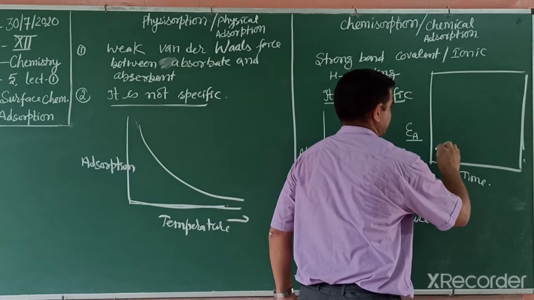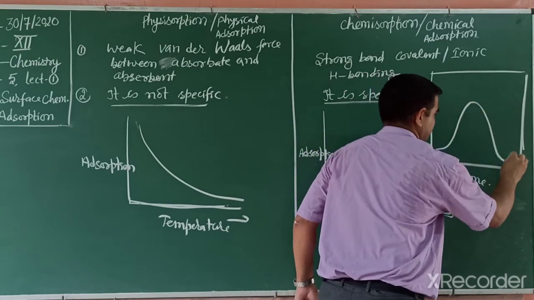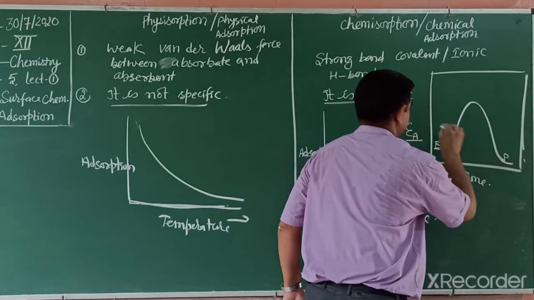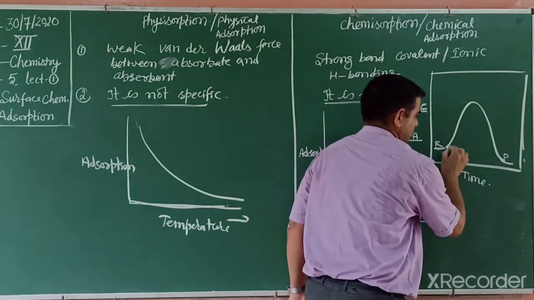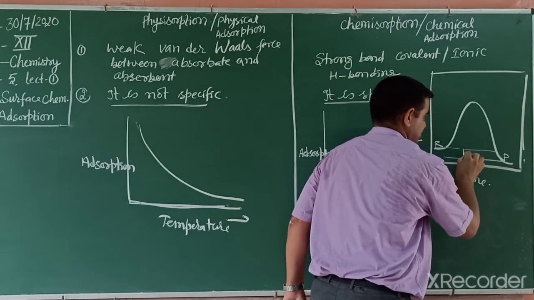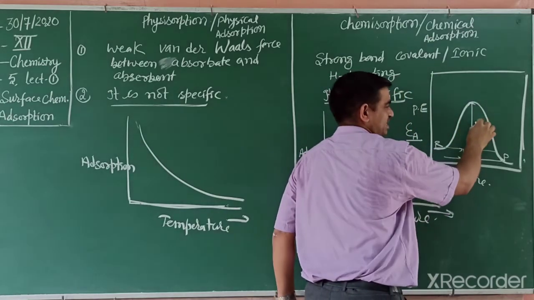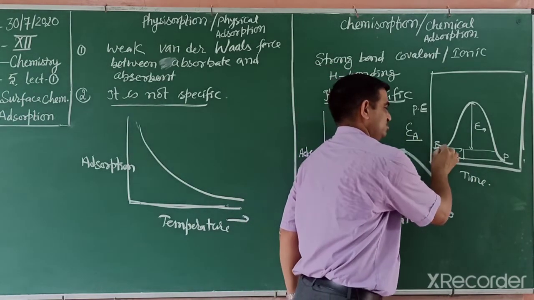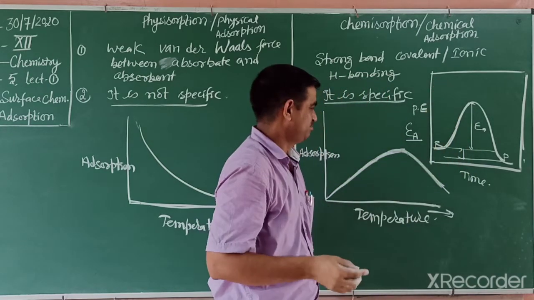According to this, any reaction has to cross this energy barrier. So this is the reactant, this is the product, this side is potential energy, and this is time. This difference is the enthalpy of reaction, but this one is the Arrhenius or activation energy. Any reaction has to cross this energy barrier. When it crosses the energy barrier, what happens?